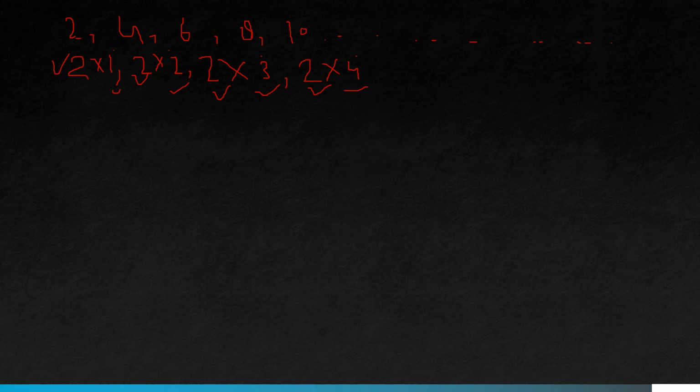This is how the pattern is there in this series. So how can we write what the even number is, what is the pattern? 2 multiplied by n, right? Let's say if I say, okay, write the 10th even number. So what you can do, simply put n is equal to 10, right? So the 10th even number will be 20. I can say what will be the 50th even number. So in place of n I can write 50. 50 into 2 is equal to 100. This is how you can easily solve the problem, right?